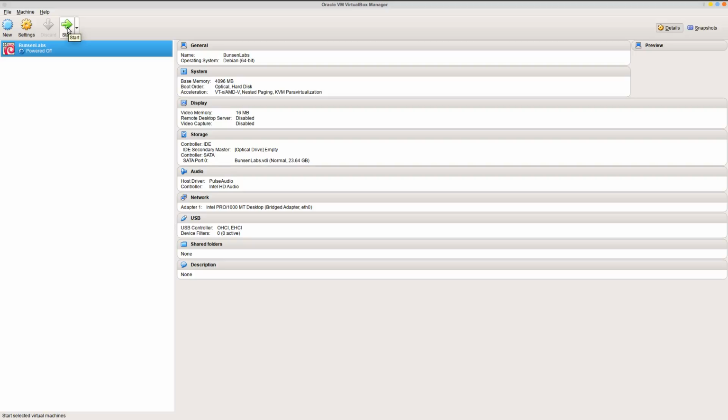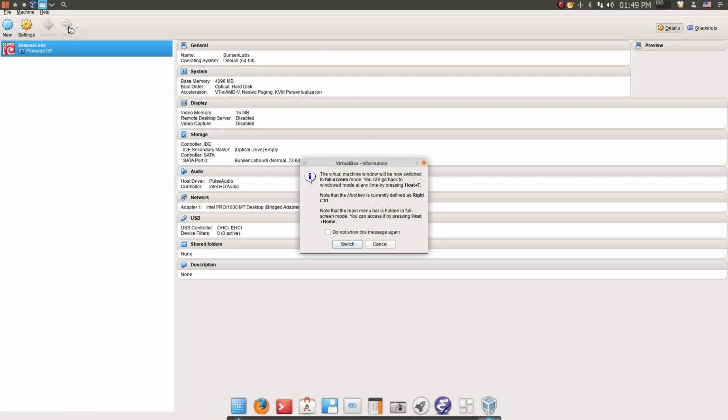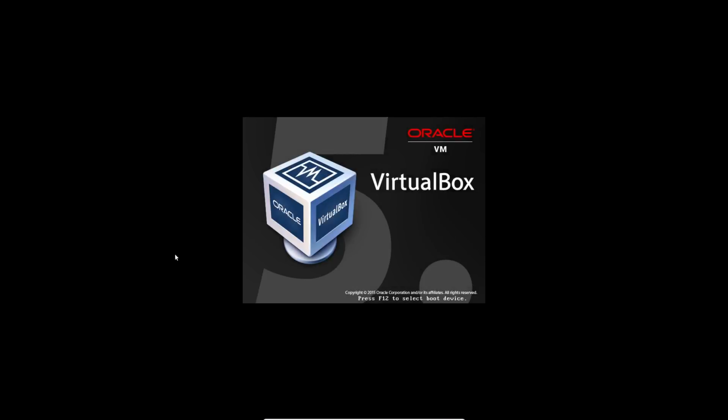I think that will solve my problem, because this VirtualBox is stable. It's working just great. I just cannot get the text larger, which I mean I still can read everything, but I just prefer it larger. So we'll go ahead and boot up in Burns Lab, which is an alternative to something like Crunchbang,